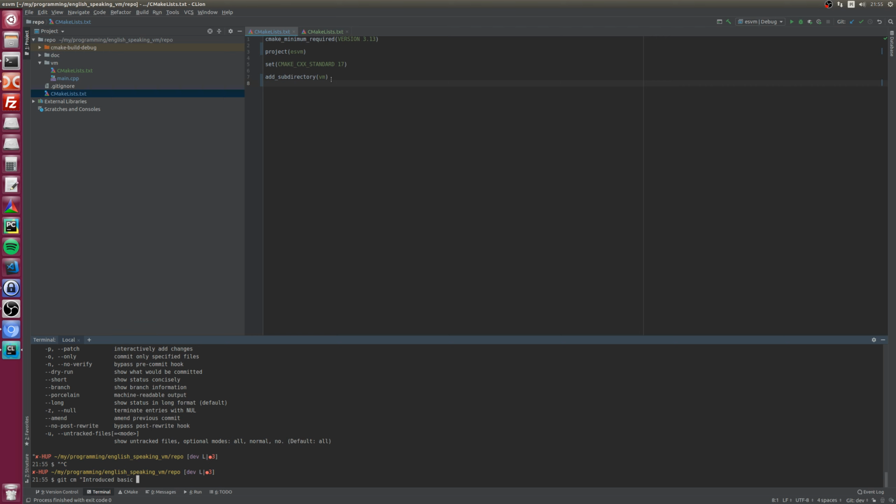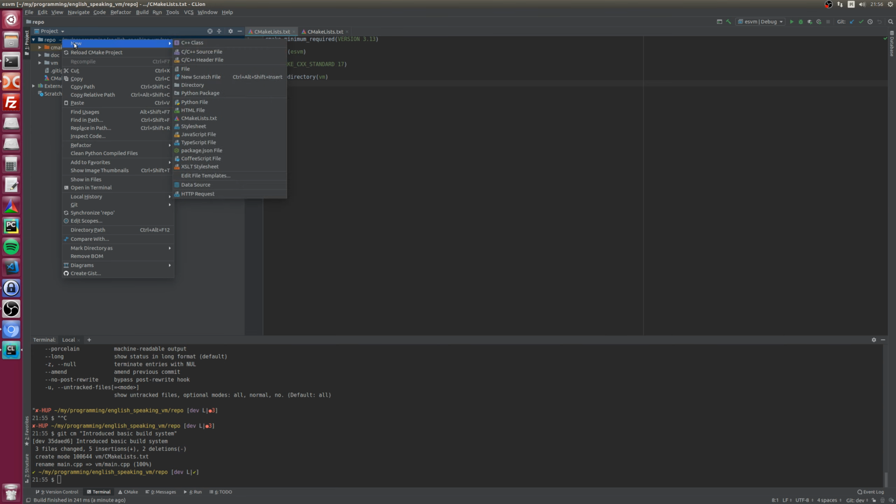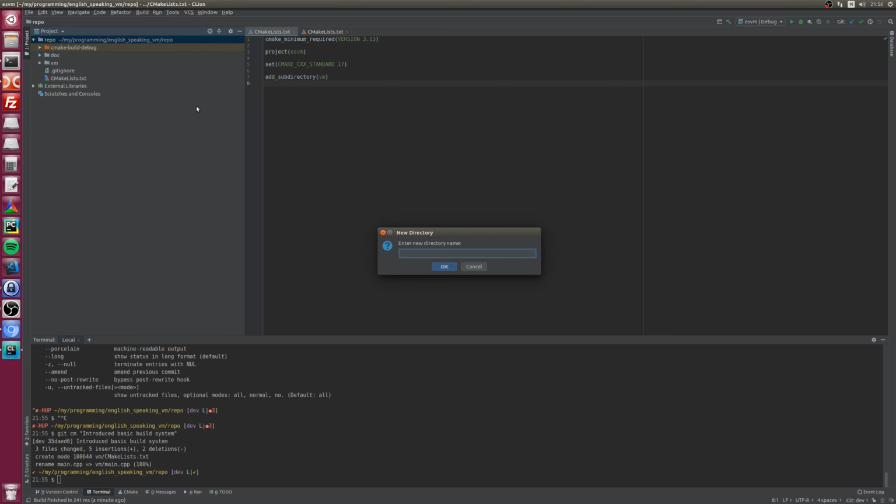Produce basic build system. Okay, so the first thing about actual coding won't be the virtual machine because, to be honest, I don't have anything to code there and how to test it, because I don't have any program, any operating system for this. So the first thing that I'm actually going to code is going to be, new directory.